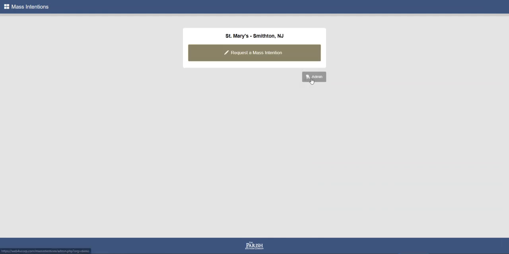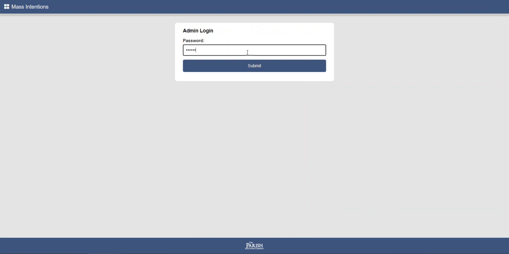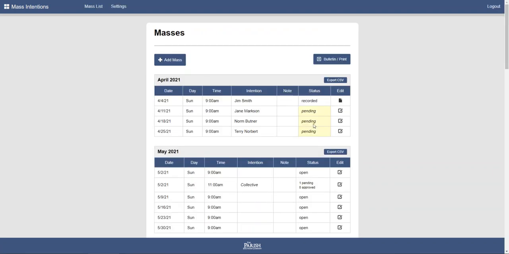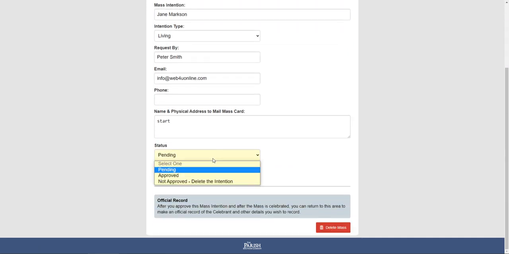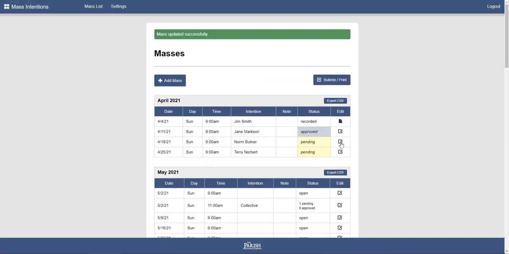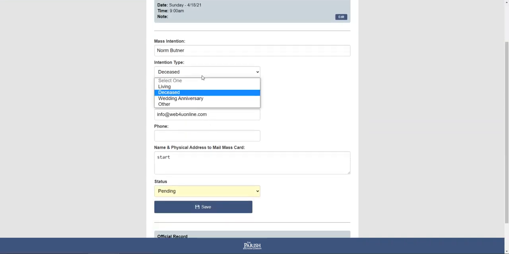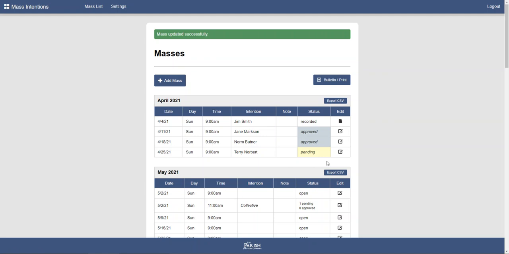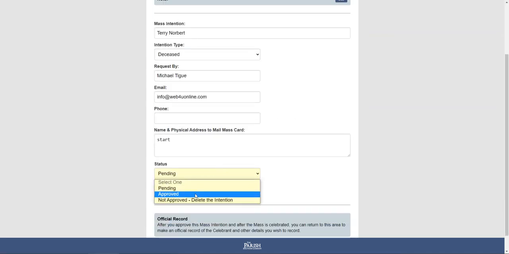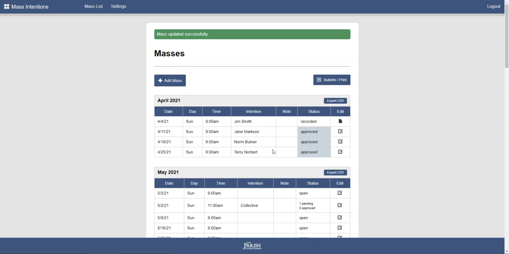Okay, we went ahead and added those new intentions off screen so that you didn't have to watch them all. Here's those new intentions that came through. So we've logged in as the admin, and this might be a very real experience for you where you log in and see a few are pending. So we'll look them over and approve them. We're going to keep that where it was, approved. And approved. Okay, and now we're going to take a look at what it's like to export this file.